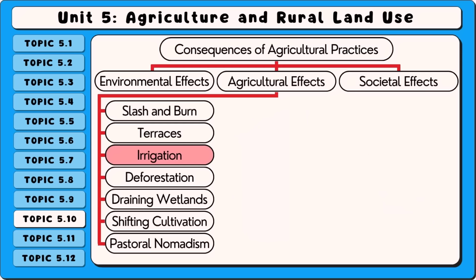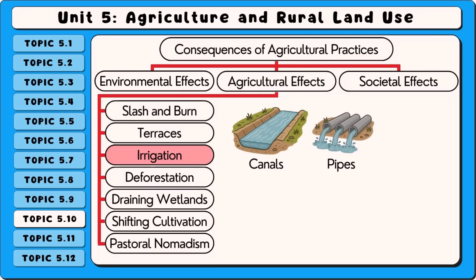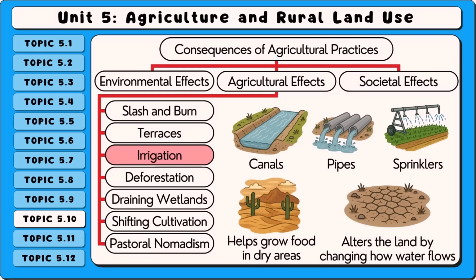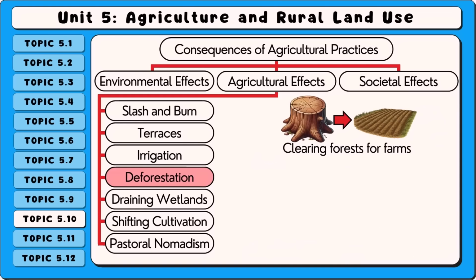Irrigation is another major practice. It involves bringing water to crops using canals, pipes, or sprinklers. While this helps grow food in dry areas, it also alters the land by changing how water flows and where it collects. Now let's look at deforestation, which is the clearing of forests to make room for farms or grazing